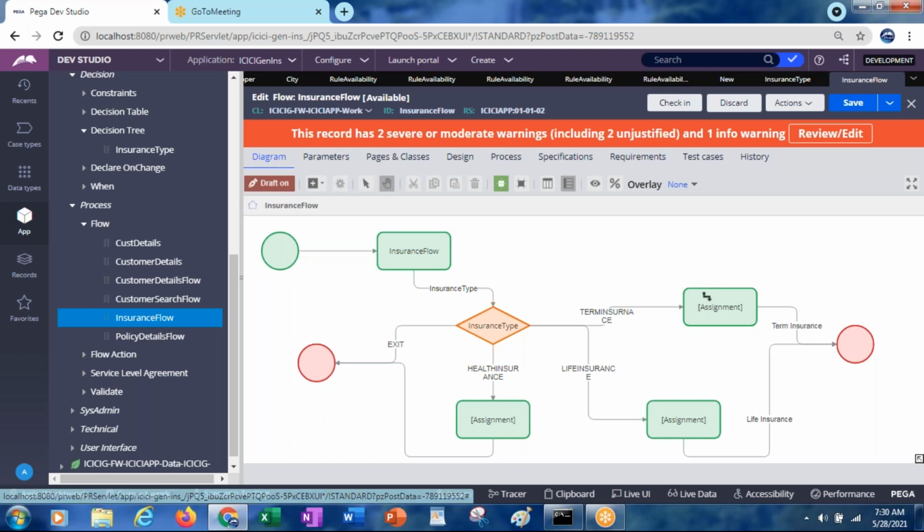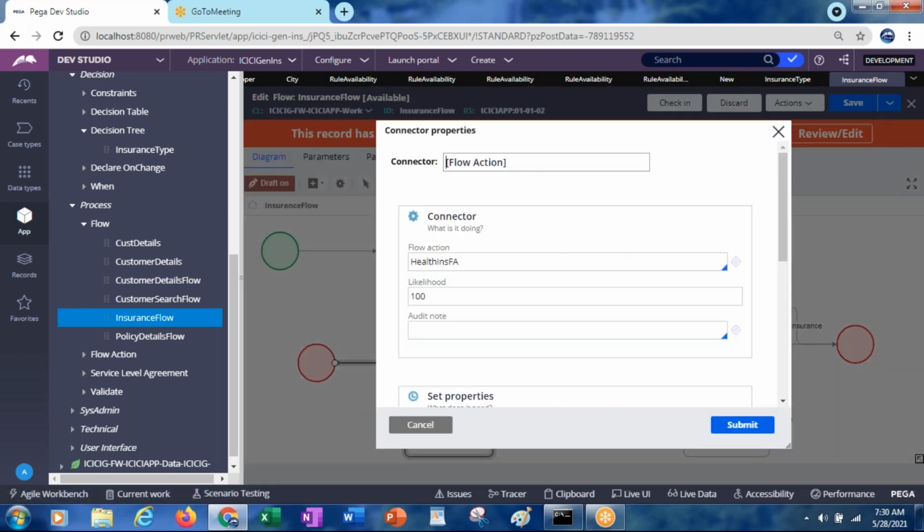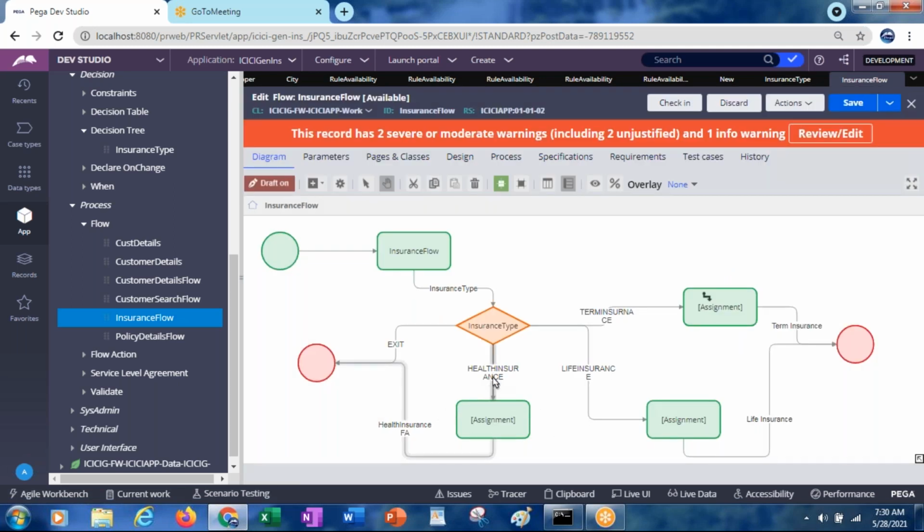In this insurance flow, we have three connectors. If the decision tree is returning health insurance, we are calling the health insurance flow action.